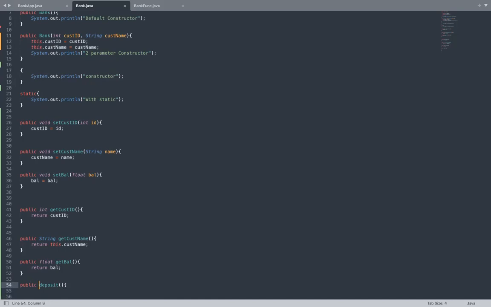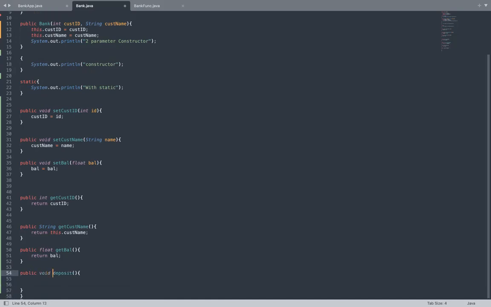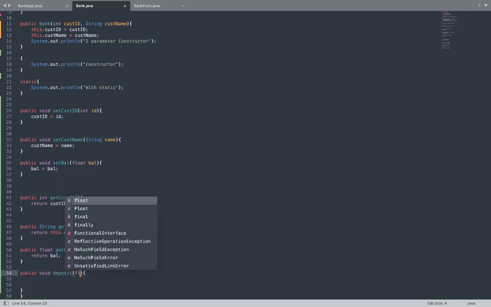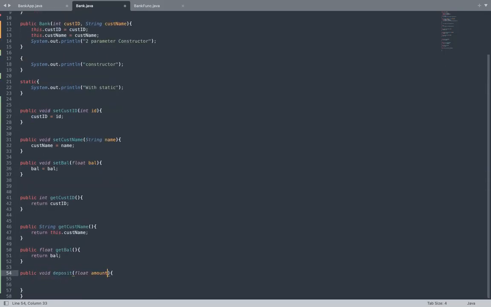Whoever is entering some amount, they just need to have a message. They don't want the actual value of what they deposited, right? It's just void deposit, and you're going to get some value from the user, right? So that will be your argument. So int amount. Balance is float. Yeah, if you're using float, go with float. Yeah, float amount. Right now you're getting the amount from the user, and within that you're going to do things.